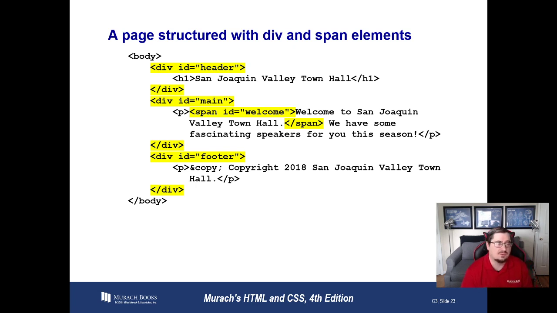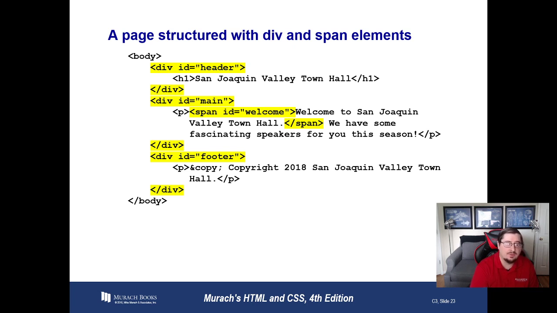Before the semantic tags were introduced, we largely used div tags with IDs like this to define our headers, main content, and footer. But with the introduction of the semantic tags, we switched largely over to writing it that way instead. Div tags and span tags are still useful, but nowadays you should use the semantic tags